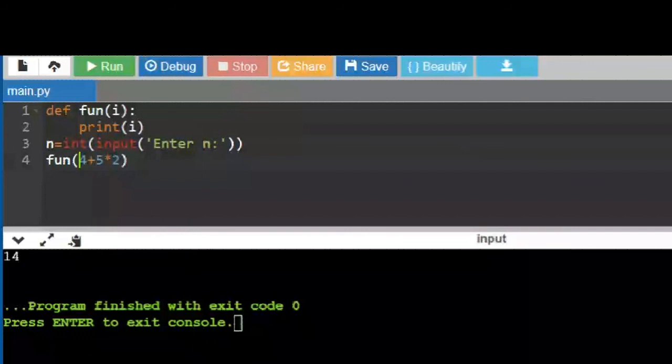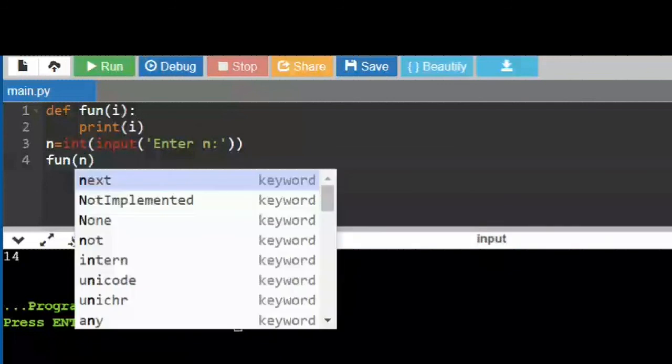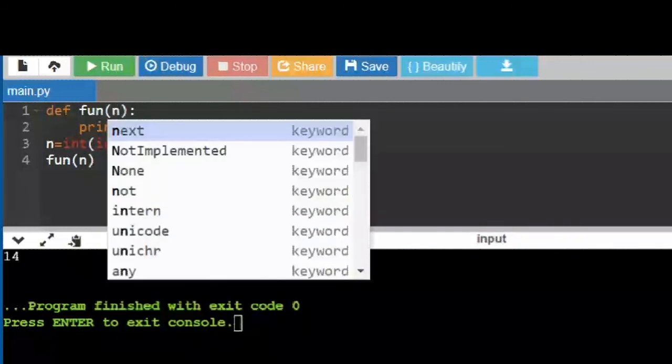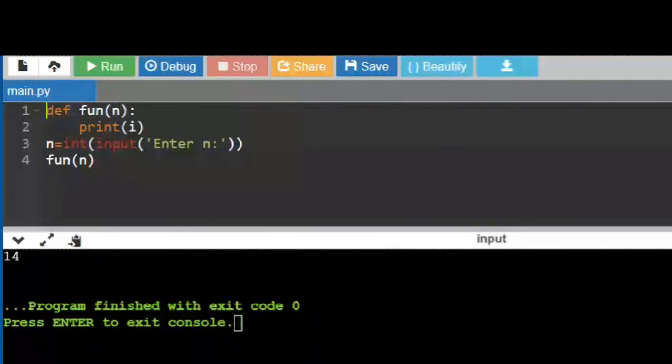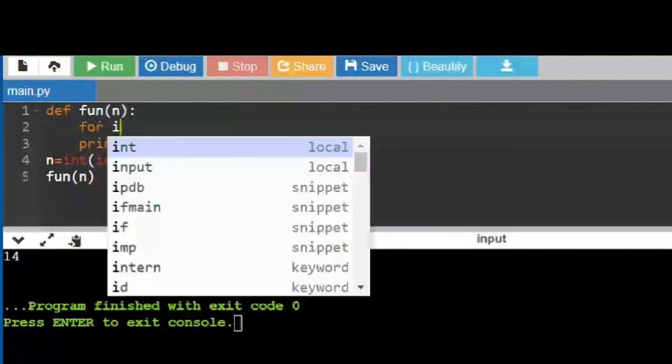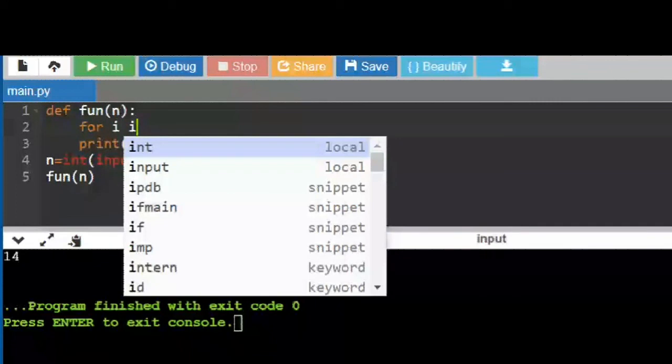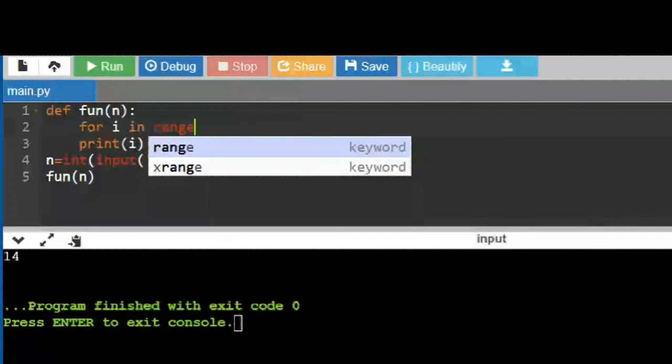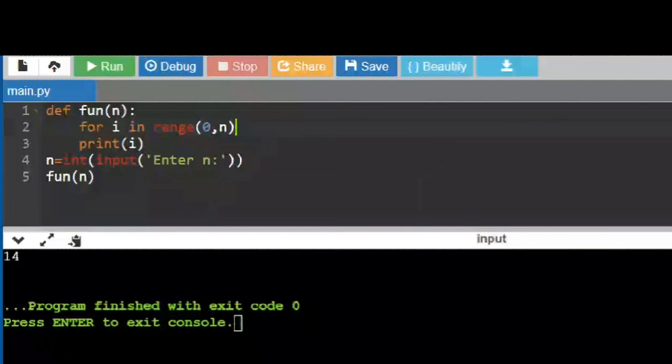Inside the function, I'm having n, and then I'm writing a for loop: for i in range, running the loop from 0 to n, put a colon, and then I have a print statement. Okay, I hope this program is clear, which I already explained to you.